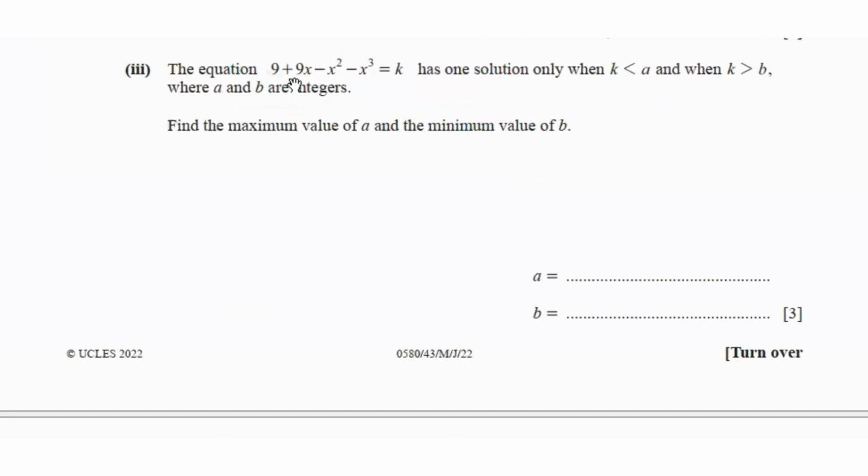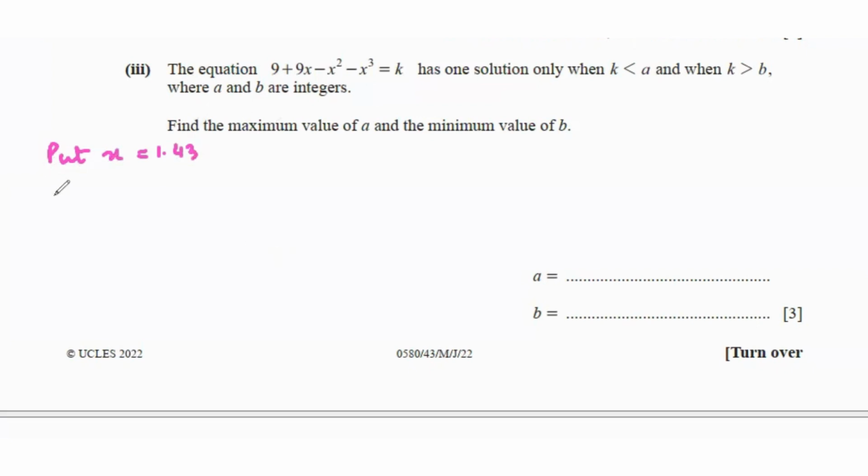Then it says the equation 9 plus 9x minus x squared minus x cubed equals k has one solution only when k is less than a and when k is greater than b, where a and b are integers. Find the maximum value of a and the minimum value of b. Part 3, what we'll do is that we'll use our previous values to find a and b. So let's put x equals 1.43 first